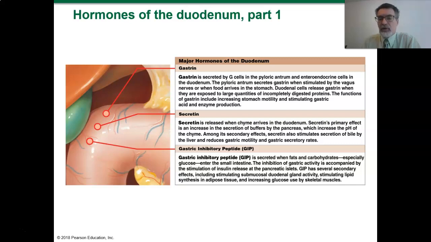Gastric inhibitory peptide, right? GIP. This is going to be secreted when fats and carbohydrates, especially glucose, the complete breakdown of starch into glucose, enter the small intestines and inhibit gastric activity. So when we see that we have had a very effective mechanism of digesting our food, and we have a lot of those monomers starting to appear in the food, we can inhibit gastric activity and stimulate